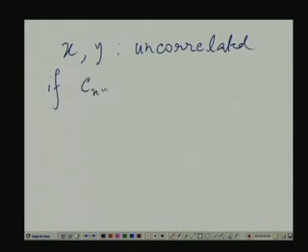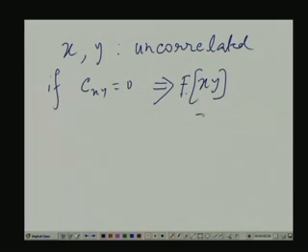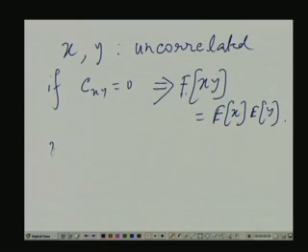C, I put x y subscript, so that it means the covariance related to x and y is 0, implying they are uncorrelated. There is another term which is also important: x and y are orthogonal